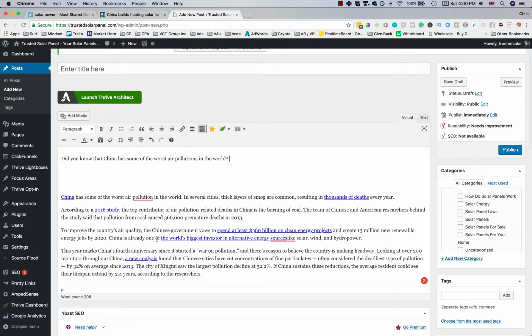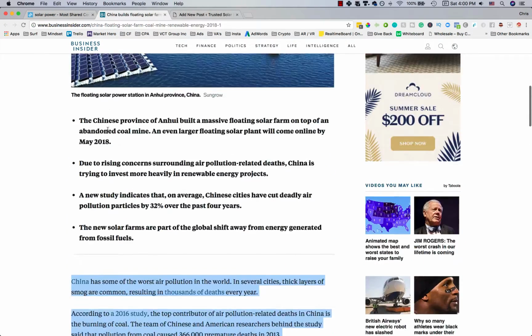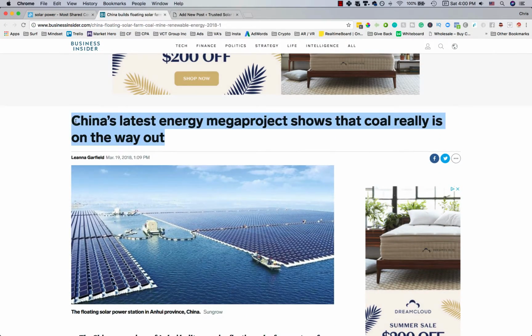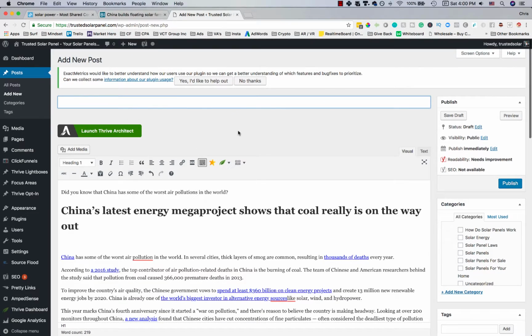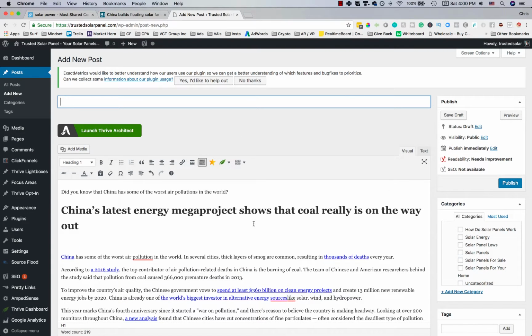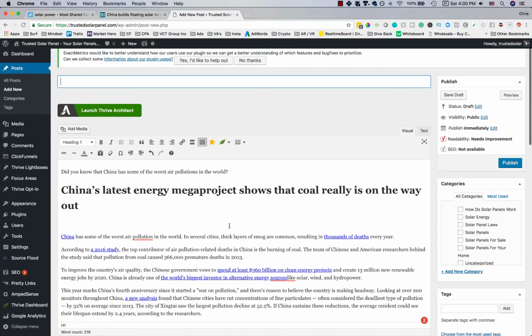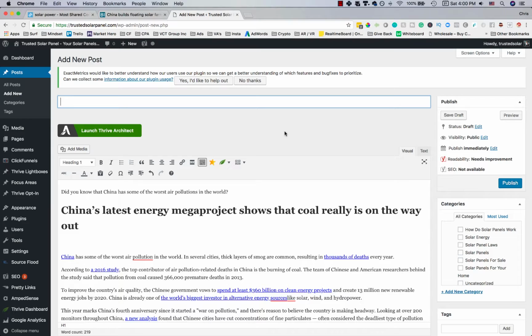And you can go through and you can do this with the same article and go up to the title here. We'll copy that and we'll put the title down here. China's latest energy mega project shows that coal really is on the way out. So for a title of an article, we don't want to use the same thing.